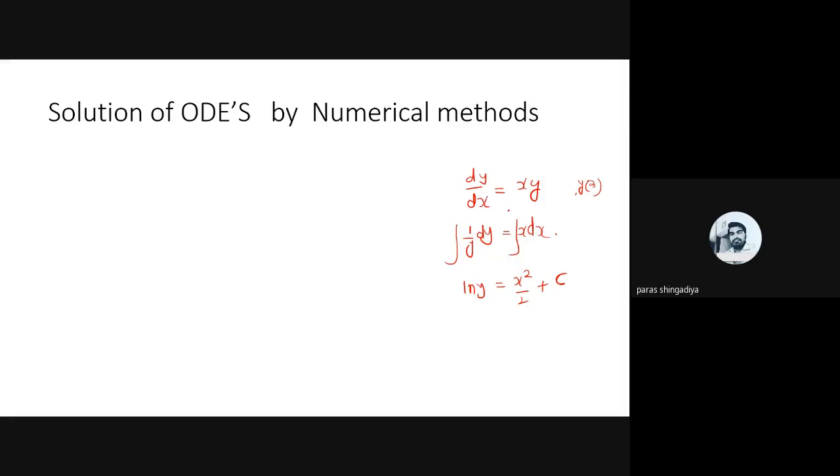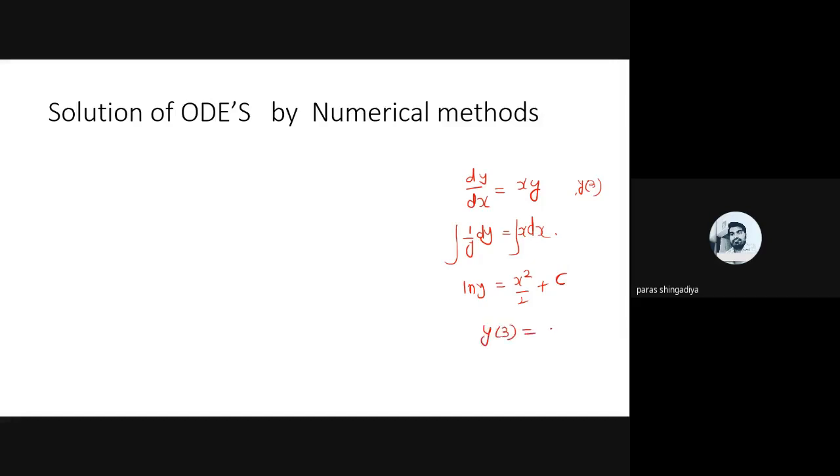Clear? Here we first modified the equation, then converted to the variable separable form, then applied the integration. It involves the integration technique. Without using integration, we cannot solve a derivative term. So now here we can use the numerical techniques, the various formulas we have to use. By using these various formulas, we can solve the differential equation, and in the solution of differential equations, we will find directly the y of 3.